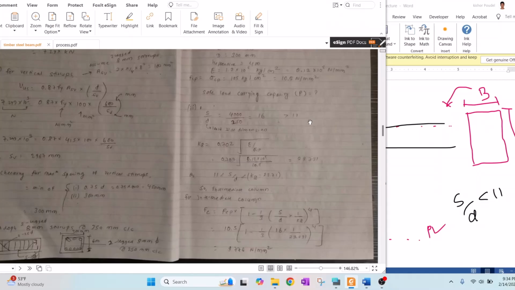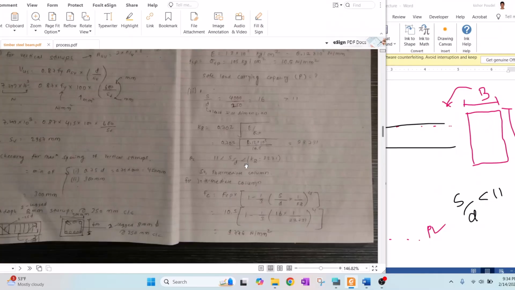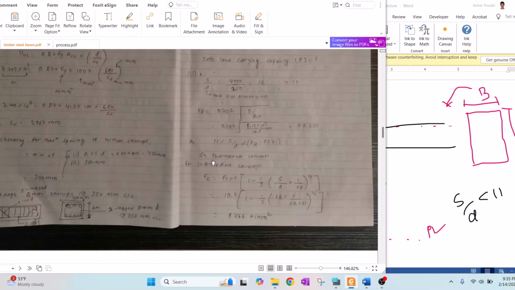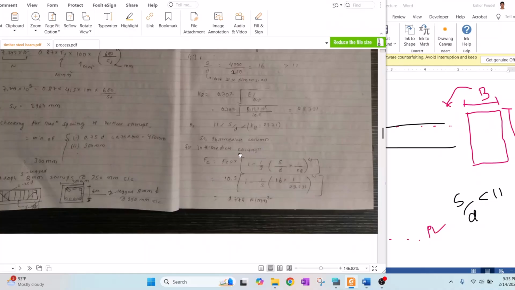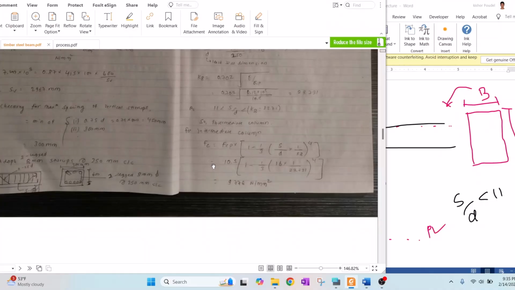So we have to check whether the column is an intermediate column or a long column. To check this, we need to find the value of K. If the S by D ratio is greater than K, then it is a long column. And if the S by D value is greater than 11 and within the value of K, then it is an intermediate column. So we calculate the value of K here, and we can say that the column is an intermediate column, because the S by D ratio, which is 16, is between 11 and K. So the column is an intermediate column, and for an intermediate column we have an equation to find out the